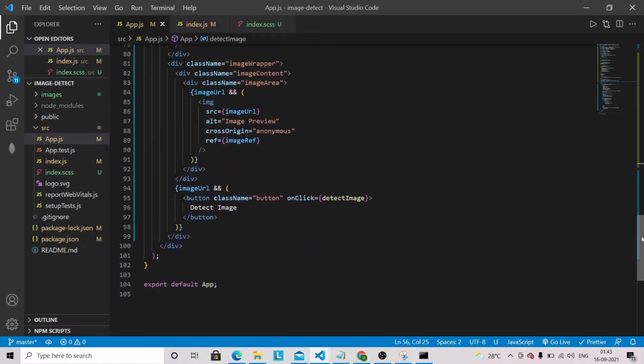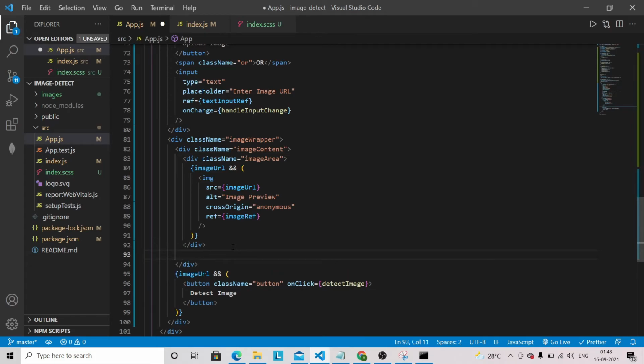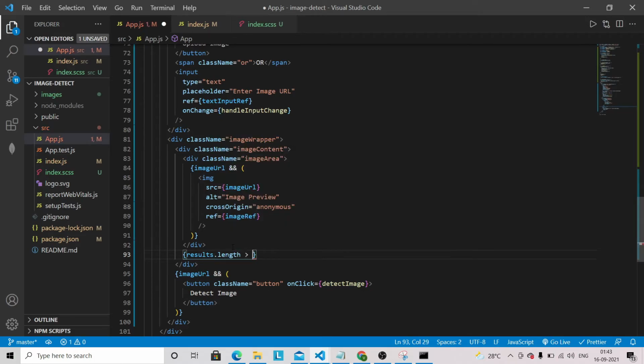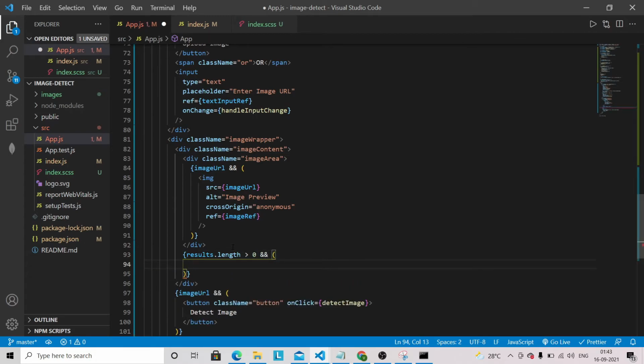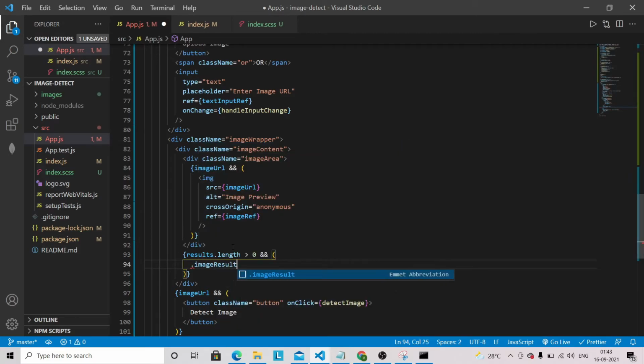So now we are going to display the results. After this div we have to check if results.length is greater than 0, that means we have got results. After that we are going to have one className with image result.